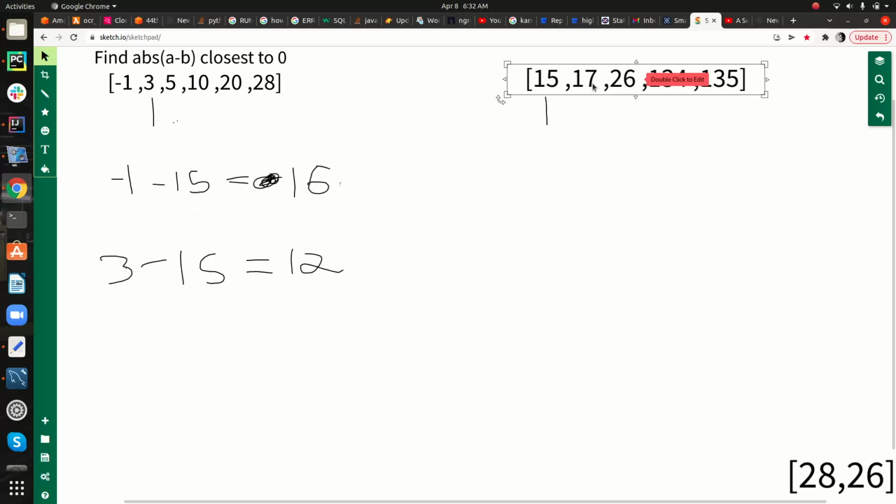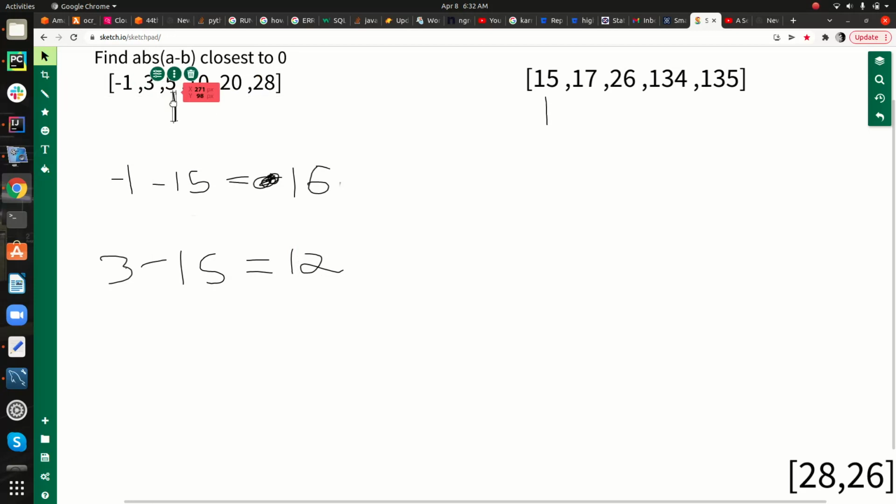So it will be 3 minus 17, which is 17, 16, 15, 14. So that number will increase. So there is no point in increasing this one. So we want this one to reduce. So which is the smaller number over here? 3. So we move this pointer